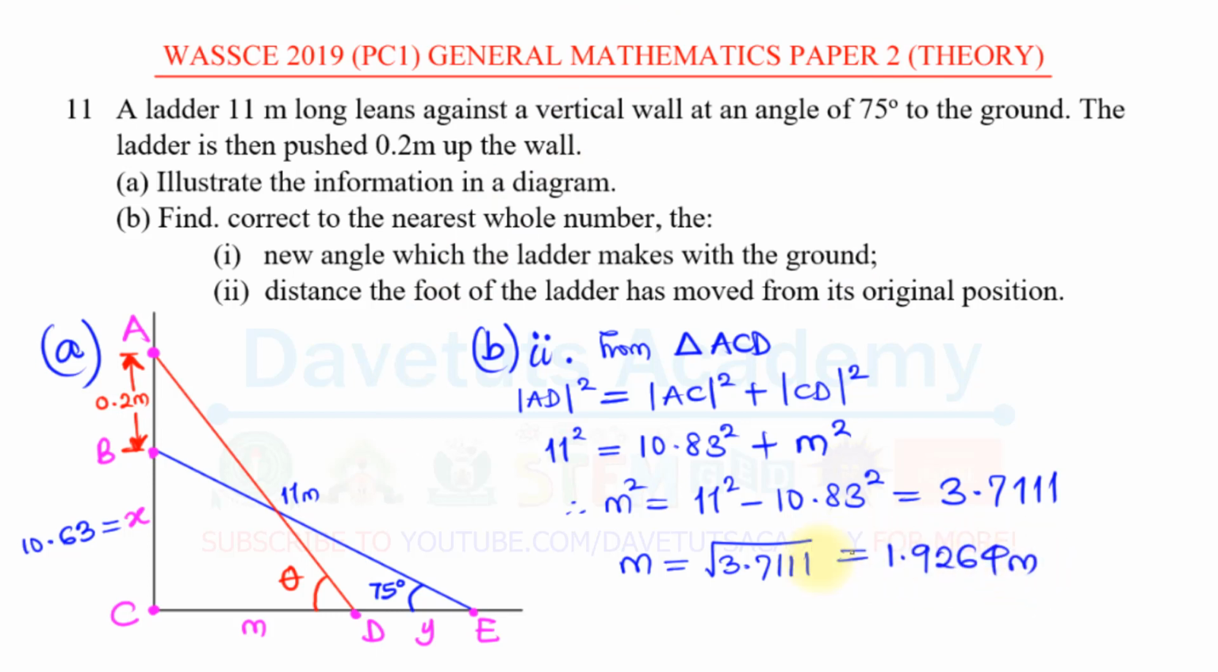1.9264 meters. Now, having known M from the triangle ACD, if I now take triangle BCE and find the length of M plus Y, I can subtract M from that length to get the value of Y, which is what I'm going to do right about now. So I know M now to be 1.9264. Okay, so if that is M, I can now say,